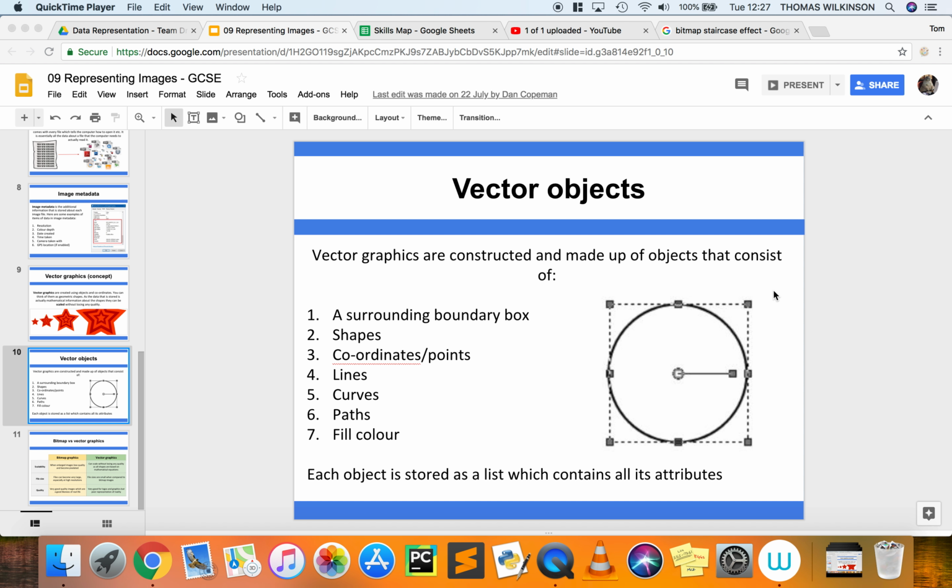and that would consist of maybe using the top left boundary to reference it as an XY point, or maybe even the middle of the actual object if it was something like a circle. You've then got the coordinates from where it stretches from and to. You have things like the path that's being drawn with it, and then the color that you fill it in with. Now these are all then stored in a draw list, which when the image file is loaded,